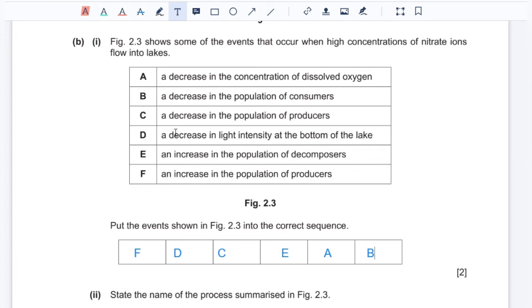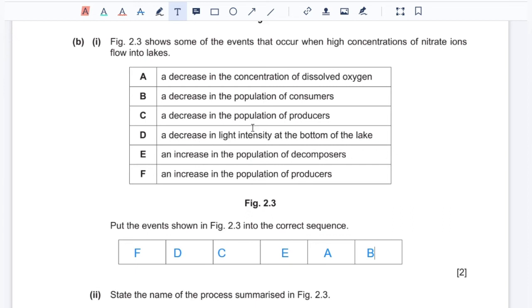This will be followed by a decrease in light intensity at the bottom of the lake, since these producers will cover the top of the lake. And as a result of this, a decrease in the population of producers will occur, since plants underneath the surface will not be able to get sunlight for photosynthesis, and so they'll die. This will be followed by an increase in the population of decomposers. So bacteria and fungi will grow,